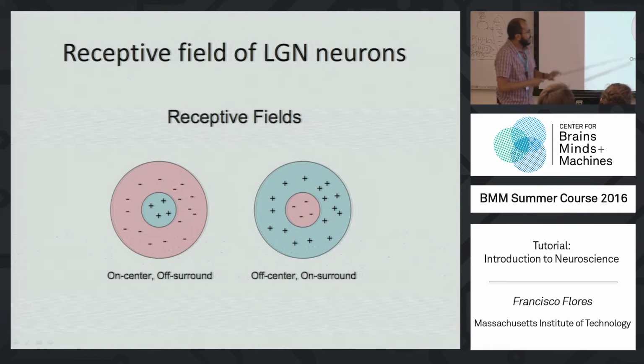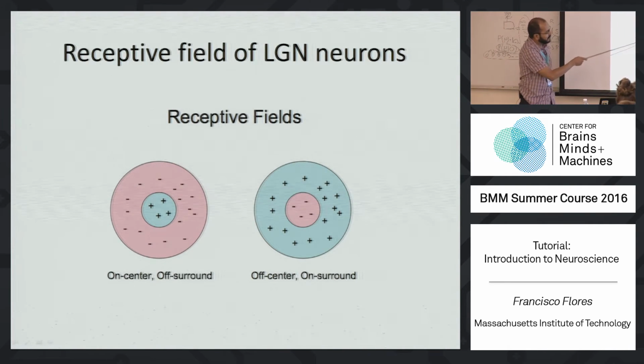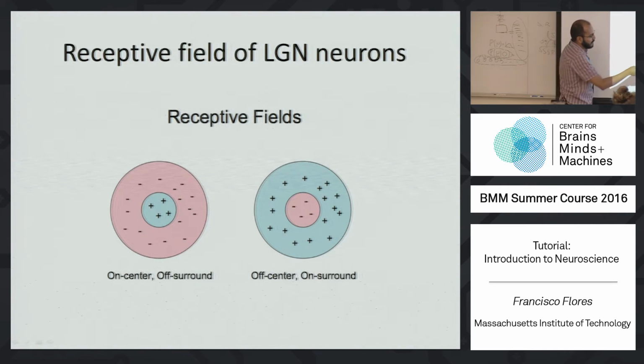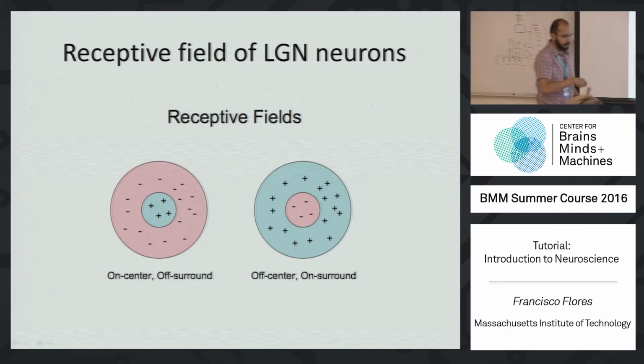And the answer is that they have this kind of receptive field. So it's different from the one that we saw before. In this case, they fire best to spots of light, and they don't fire at all whenever the light is presented in the surrounding area of that particular spot. There are two kinds of neurons. They are on-center and off-surround. Basically, they fire more when the light is presented in the spot, and they don't fire when it's presented around, in a kind of donut shape. And then there is off-center and on-surround, which fire more when the donut is presented and there's nothing in the center. And they don't fire at all when the stimulus is presented right in the center.